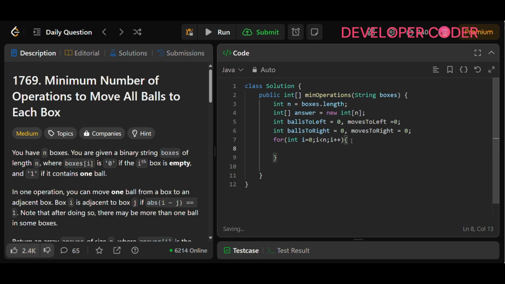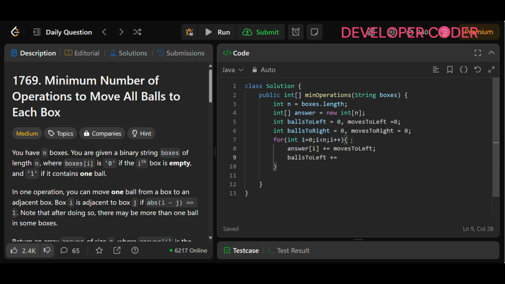First left to right pass, the left pass. So here we have to update answer of i is equal to answer of i plus moves to left. So from left, how many times balls are coming, moves to left. And then we have to update the total balls to left side, balls to left